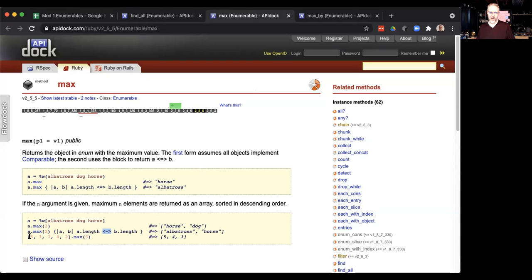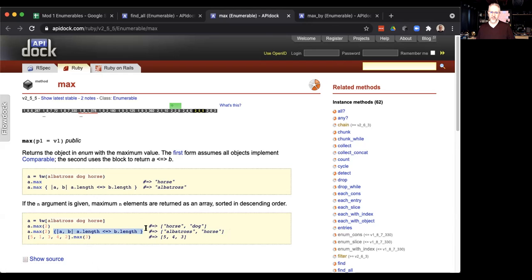And then it's basically going to give us things in that order. So it's going to return the two things in this case that are the longest. So if we had horse, albatross, and dog in our array, then we're saying go find the two things based